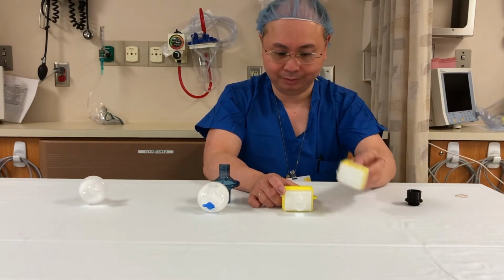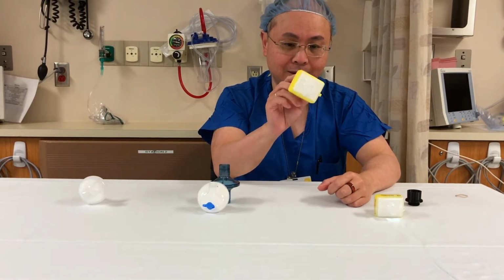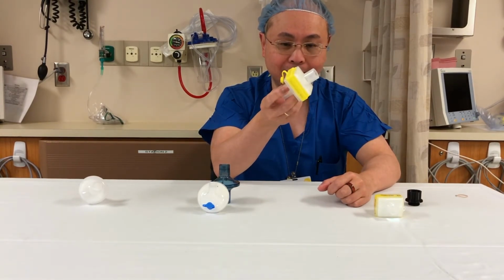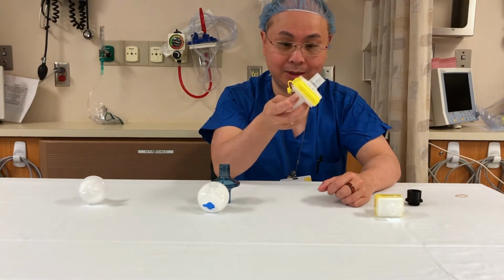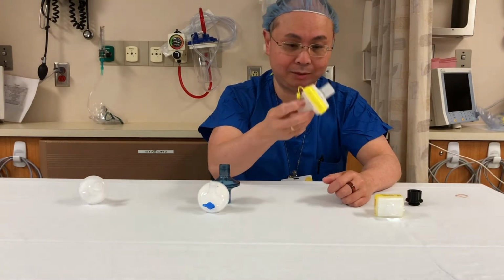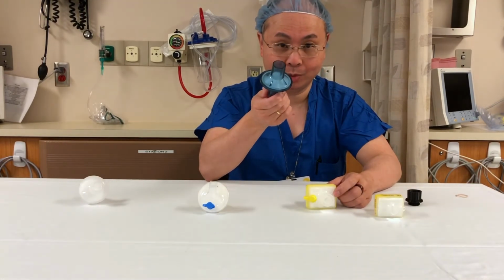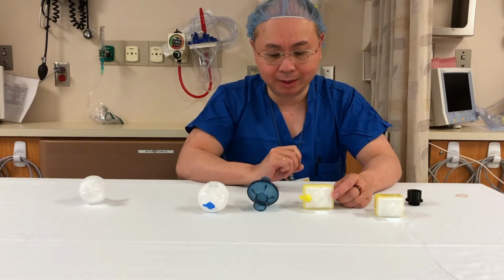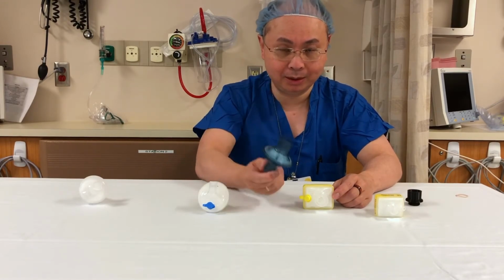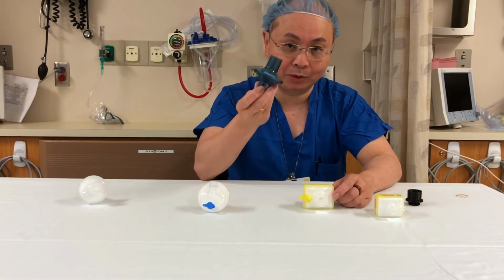So I would opt for a filter that is at most 2.9 centimeters H2O flow resistance at 60 liters a minute or less. And if I had a choice, I would go for one that has 1.5 centimeters of resistance. If you're in a facility that does not have the ability to get a lower flow resistance Viro filter